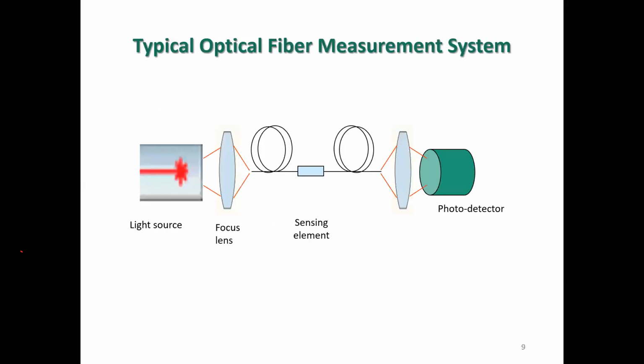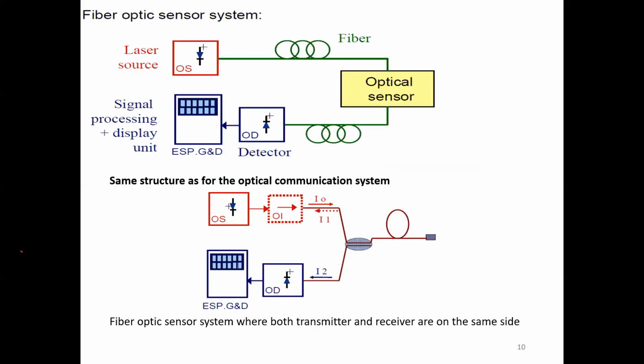Okay. So, a very simple block diagram of the optical fiber measurement system. We have a light source, and then we have the optical fiber. The optical fiber is an active sensing element, and we have a photo detector. If anything happens in this sensing element, that can be detected by the photo detector, and then we can interpret what happened due to temperature or pressure or whatever. This is a very basic diagram of a typical optical fiber measurement system.